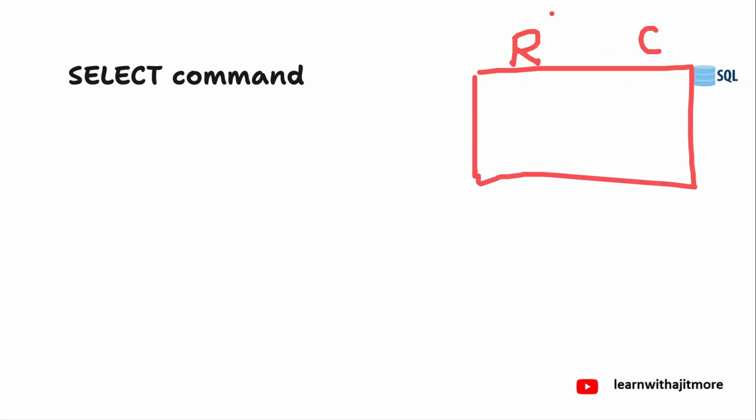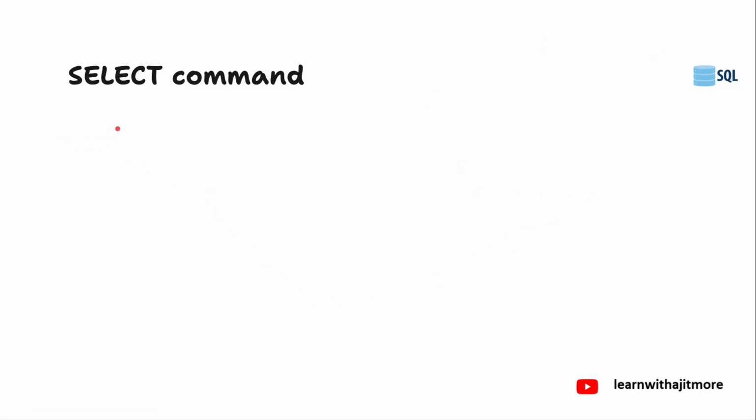Okay. So rows, columns, all or selected. It can be all rows, all columns, or selected rows, selected columns. Combinations you can make, correct? Or selected rows and all columns. Rows are selected, but columns are all. So all four combinations you can make. Okay. So select, and if you give the column names over here,